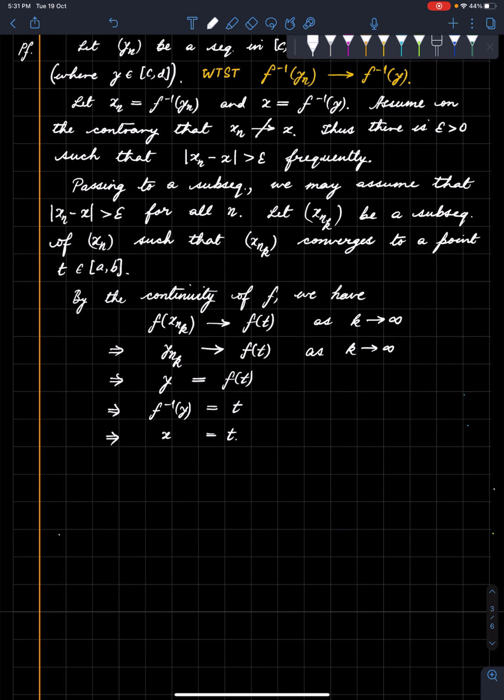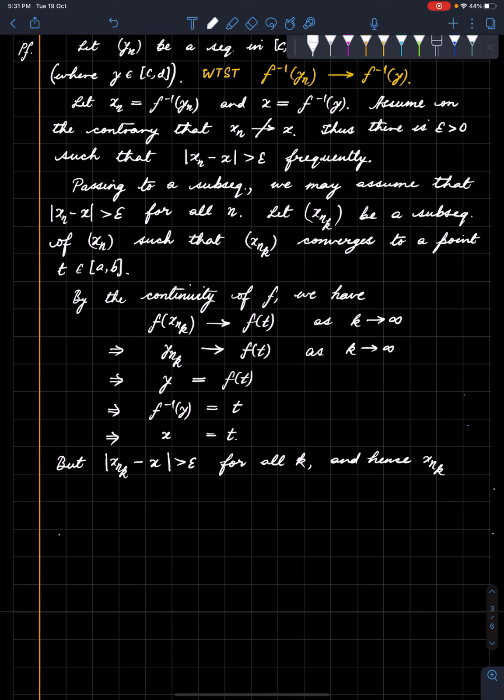So we deduce that x equals t, but the thing is that xnk is more than epsilon away from x. Since this is happening for all n, this happens in particular for each nk. So xnk is more than epsilon away from x, so xnk cannot possibly converge to x. This holds for all k, and hence